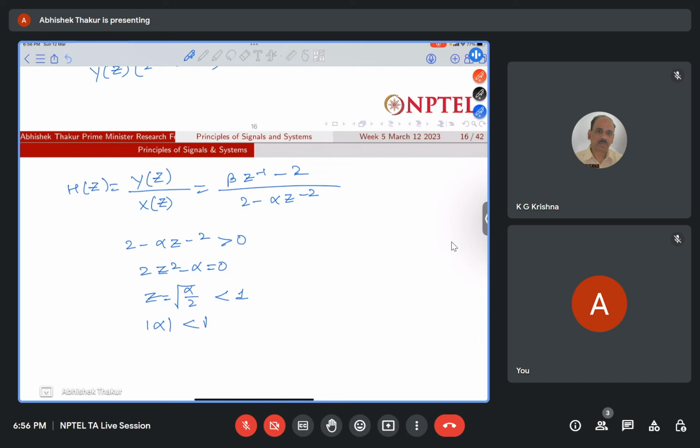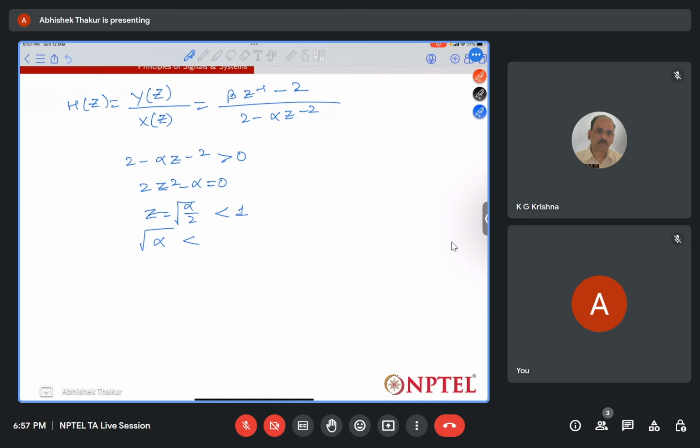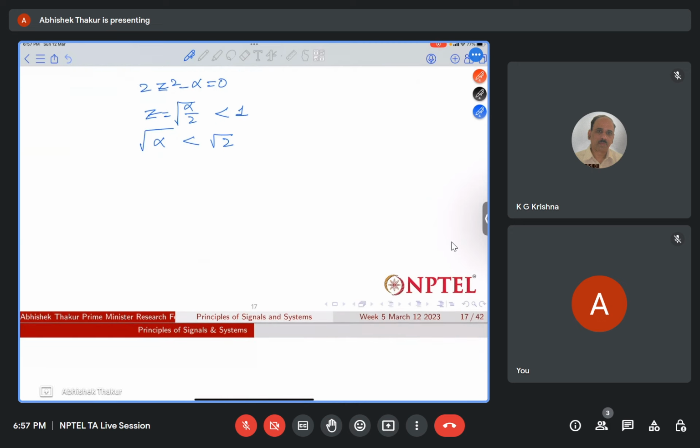root alpha is less than root 2 here. And beta can take any value, because for the system to be stable, all poles should be inside the unit circle. So that we have to check. So the pole here, that is root alpha by root 2, should be less than 1. So here the magnitude of alpha should be less than 2. So for this question, the answer is magnitude of alpha should be less than 2 for the system to be